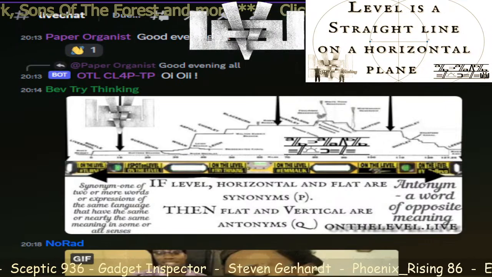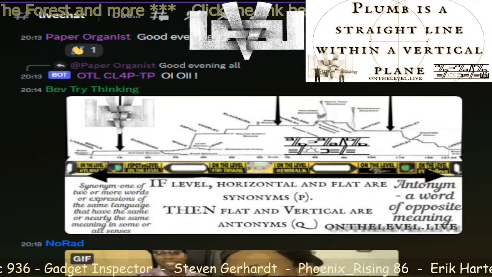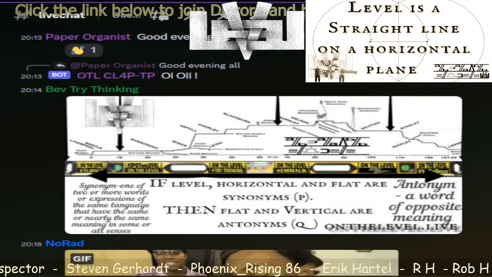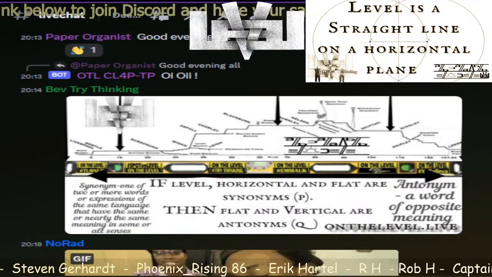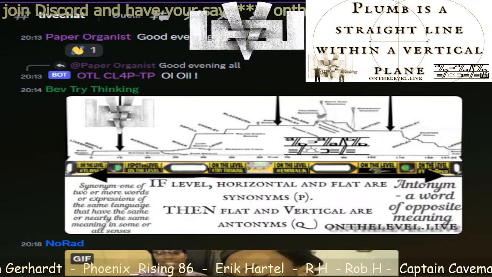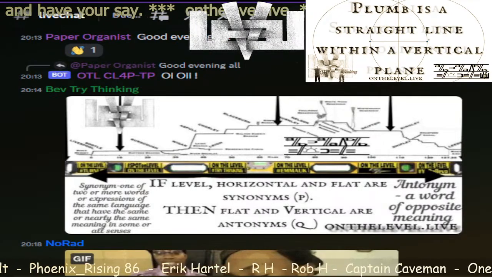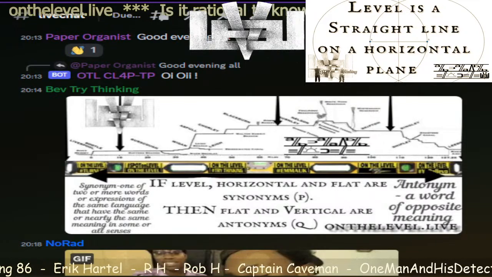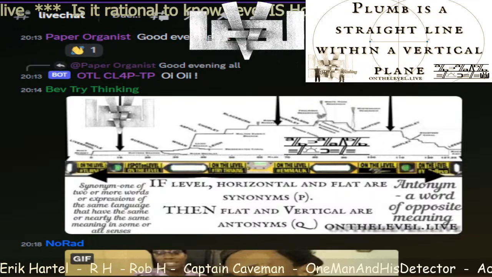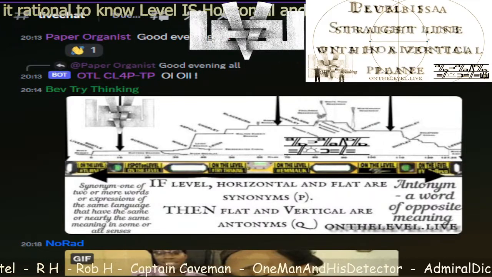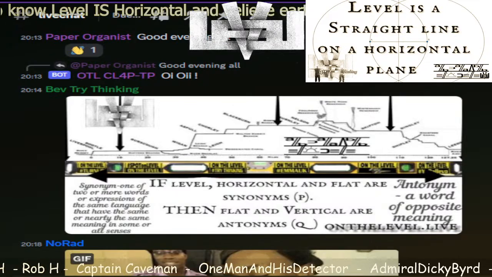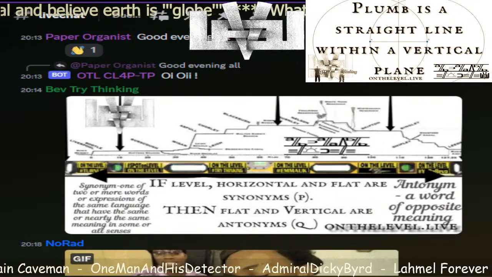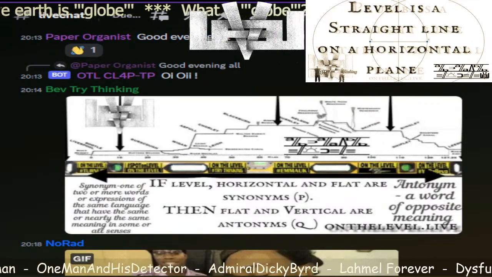Flat earthers have been saying it. But this is a grammar thing. It's not like an argument for flat earth or an argument for globe earth. This is just a pure grammar situation. And dictionaries connect the modern usage of all of these words. So if you say that level, horizontal and flat are synonyms, which dictionaries do, dictionaries also have to say that flat and vertical are antonyms,